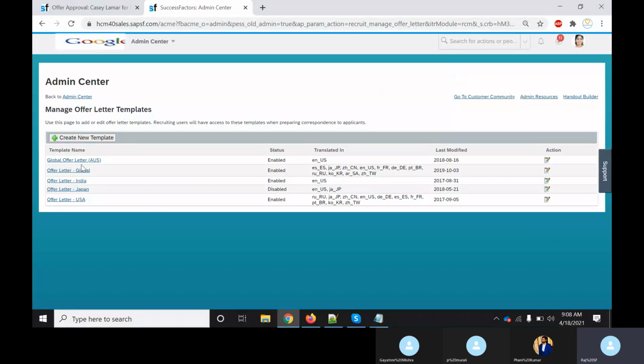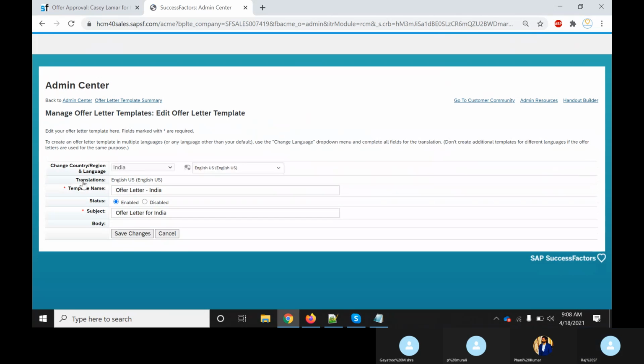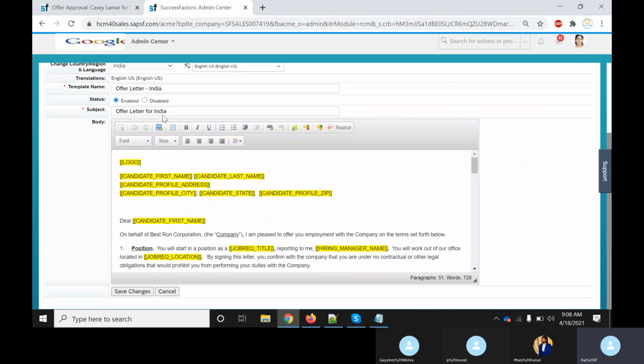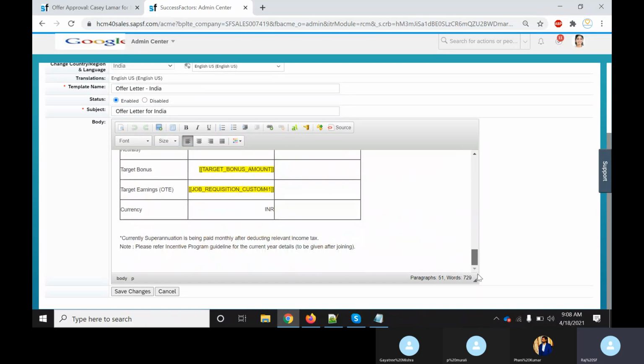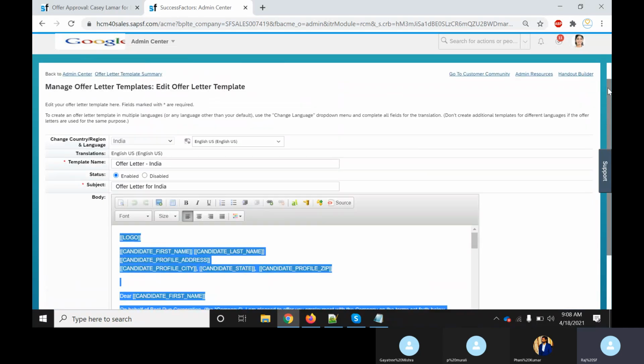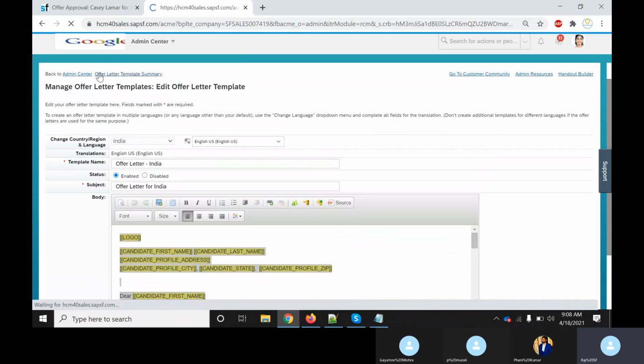Here we already have some India templates, like there is one template. When I click on this Indian template, we will have some more information inside. Here you can see this one, offer letter India. It is enabled on the subject and the text you are looking for. Now my client provided this information, and I want to create one more template for India. To create a brand new template,